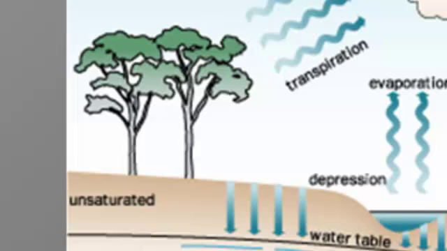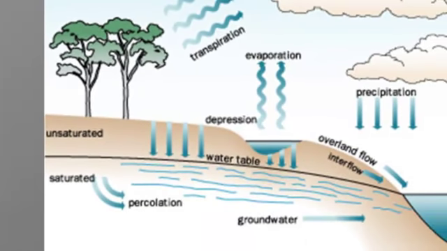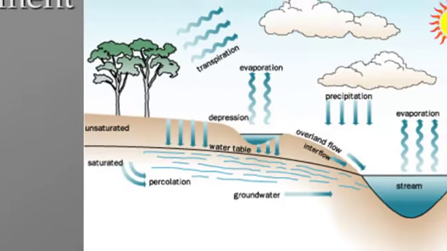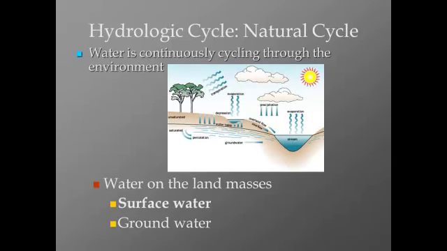Precipitation that enters the ground may be taken up by plants and ultimately be released into the atmosphere by transpiration. Other water within the soil will continue to percolate deeper into the ground until it is stopped by an impervious material such as bedrock. At this point, the water will tend to accumulate and form underground aquifers. I'll say more about that in a moment. Water in the ground, known as groundwater, will eventually return to the surface or flow to the oceans or waterways to re-enter the hydrologic cycle.